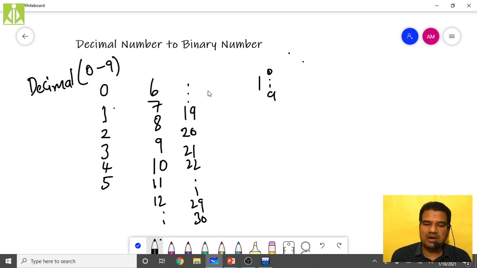Likewise, when you are continuing after 9 9, again we ran out of digits. We don't have any combinations. So what we are doing, simply we are increasing the position. Whenever we are running out of digits, we are increasing the position. So we increase one more position and we start doing 100.